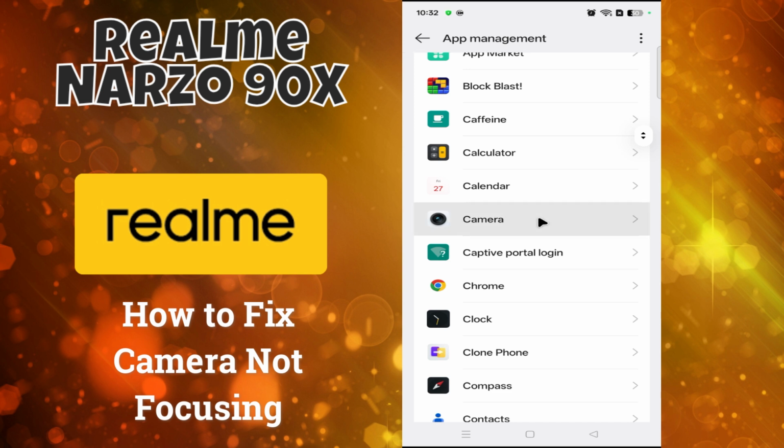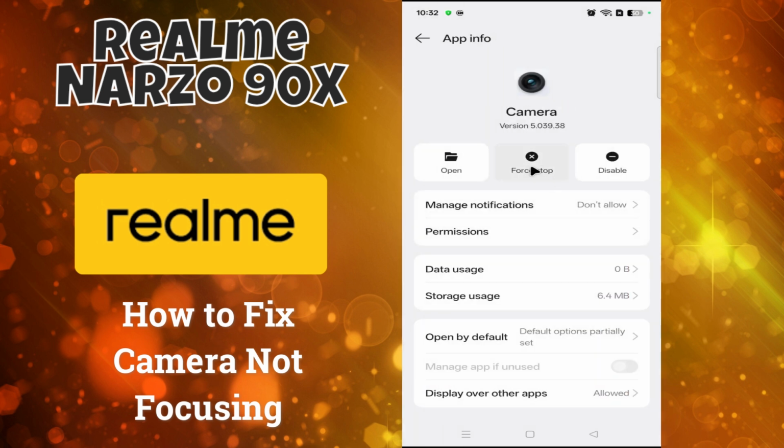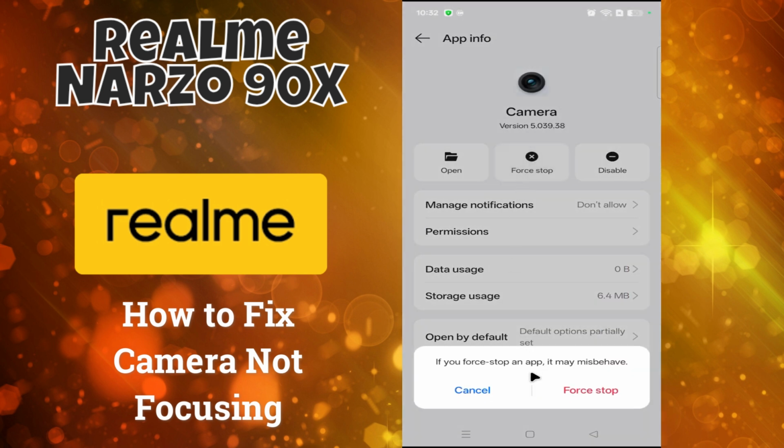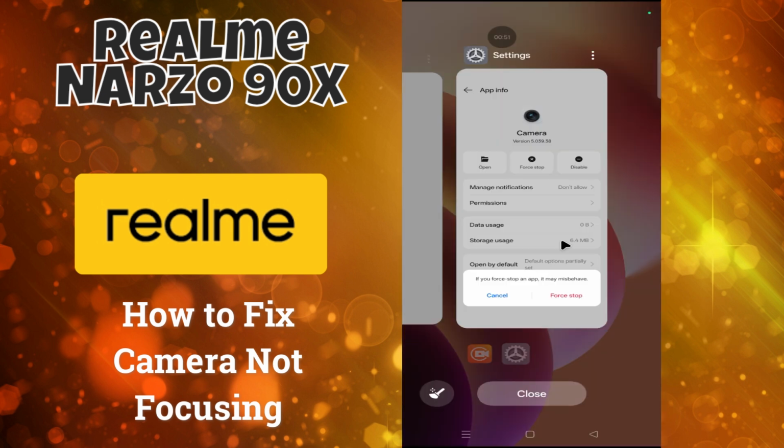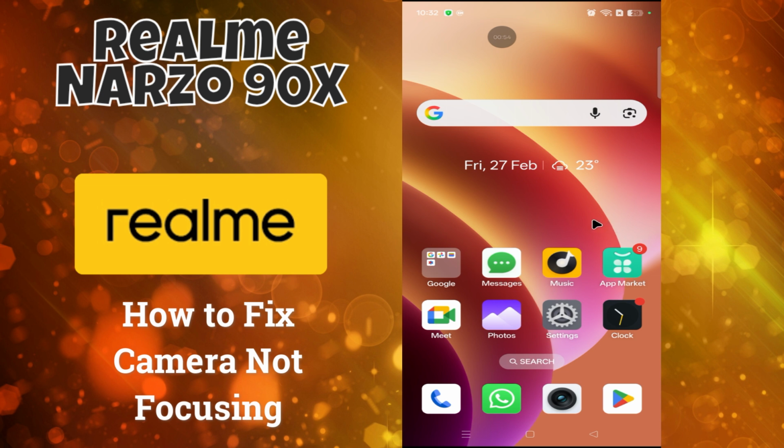After clicking on the camera app, click on force stop. After clicking on force stop, go back to the home screen. You will see your problem is solved. But if it is not solved,